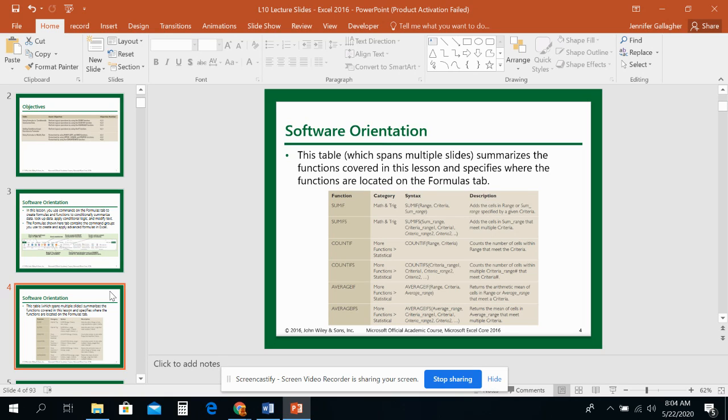So we'll look, of course, at all of these. By definition, the sum if adds the cells in a range, and that is going to be based on criteria. And then a sum ifs is going to add cells in a range again, but multiple sets of criteria. Sometimes you can even have the same range that you're totaling. It's just based on different criteria, and I'll show that to you as well. The next function we're going to look at is the count if and ifs. It's going to count the number of cells that meet the criteria or multiple criteria. And then average if is going to find the mean, the average, based on the criteria or multiple criteria that you are